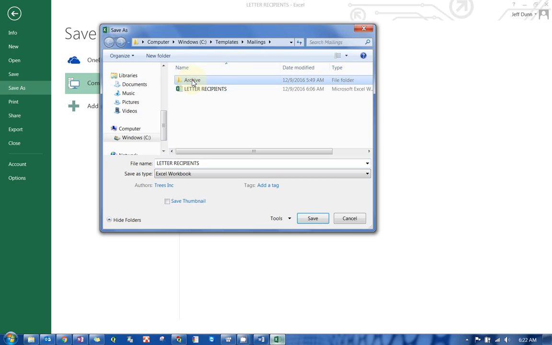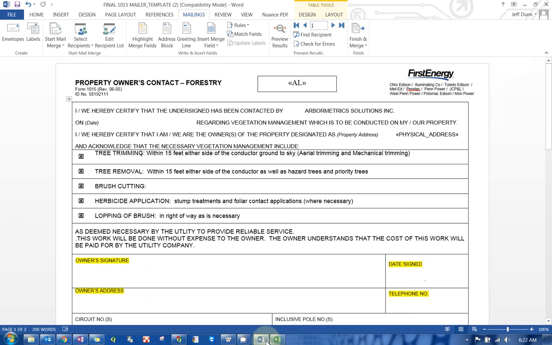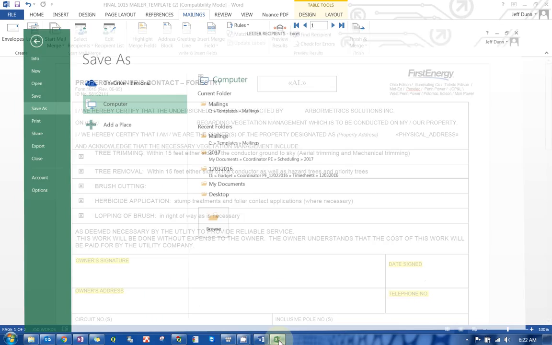Double click on that. As you can see, I've got letter recipients old, and then you can use the other file as a fresh file to start fresh for 2017. Not a requirement, but it's just good file management. It helps you stay organized. But again, getting a little off topic here. Sorry, guys. So we'll go back to the